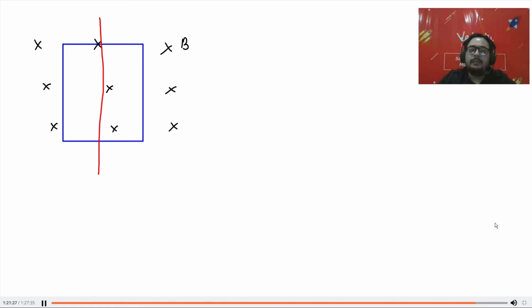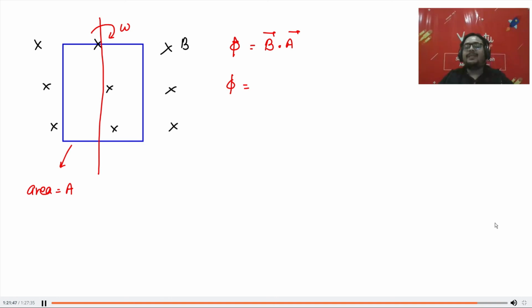Can you tell me the flux through the coil? Area of the coil is A. It is simply B dot A. So flux will be B into A into cos theta, where theta is the angle between area vector and magnetic field. Now your coil is like this. Look at my hand. The coil is my hand, and magnetic field is going into the plane. How will be the area vector? Area vector will be something like this. This pen will represent the area vector for my hand.